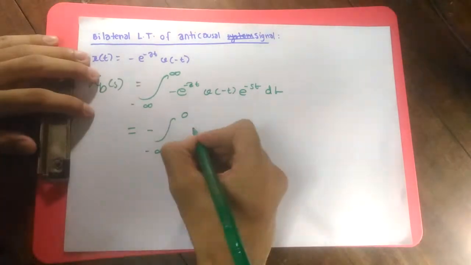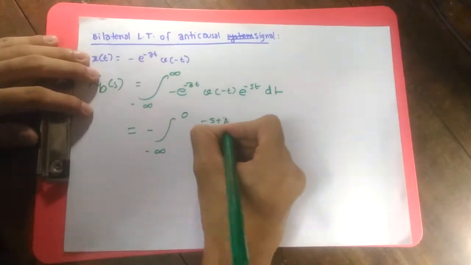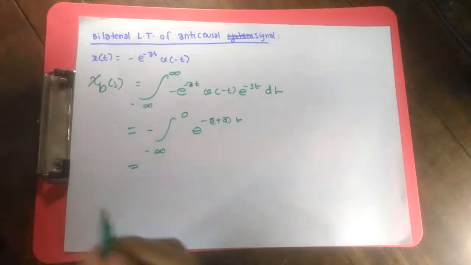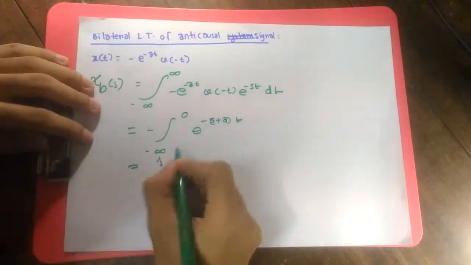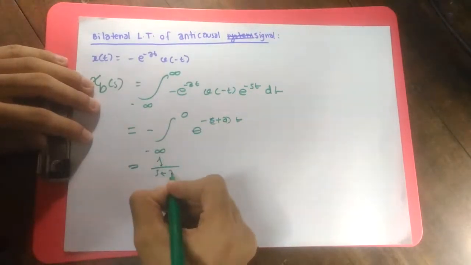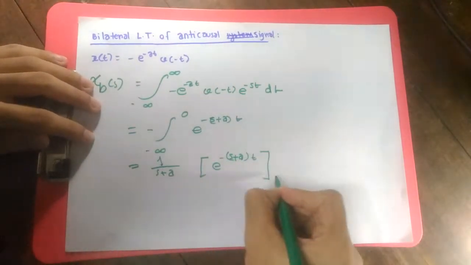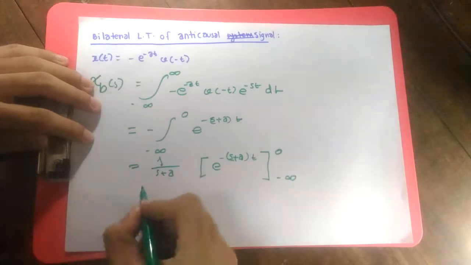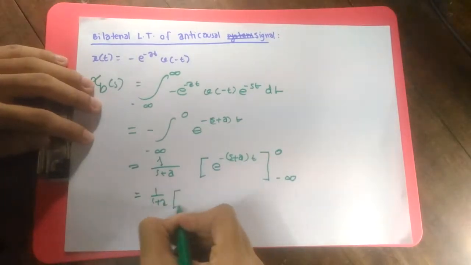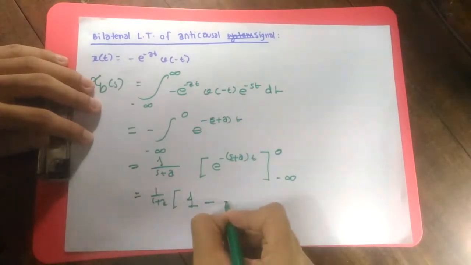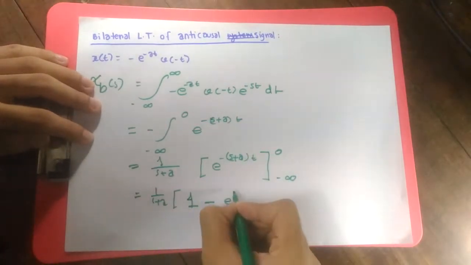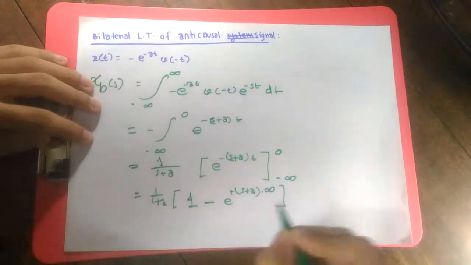and remove u of minus t, and then it's going to be e to the power minus (s plus a)t. Now let's try to do the integral. Minus minus is again going to cancel out. 1 by s plus a, e to the power minus (s plus a)t, now from 0 to minus infinity. If I put in the values, then it's going to be 1 by s plus a, times 1 minus e to the power minus (s plus a)